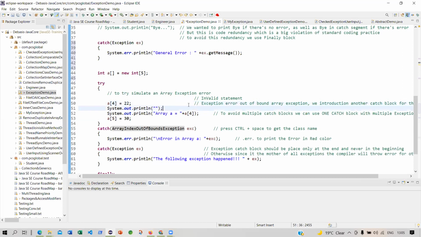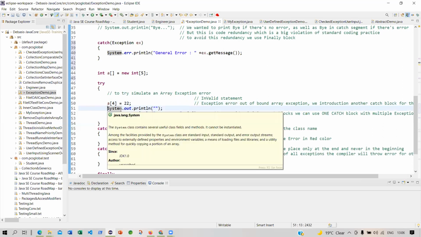And I'm just printing a system element. But whenever you encounter any error, you will not proceed to the next line if you do not handle it. But if you handle it, it will proceed. That means there will be continuity of the program, but only that you give an error message. But if you don't handle the exception, then what will happen?